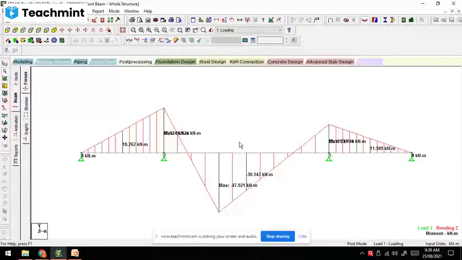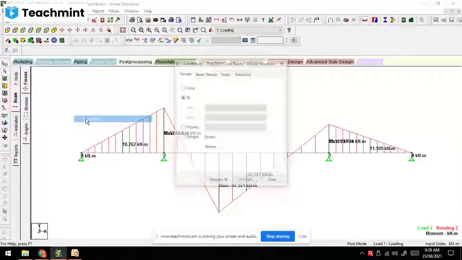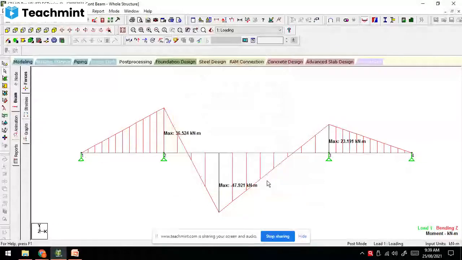So if you see the value, I will go to the maximum only. We'll check this value whether we get it or not.